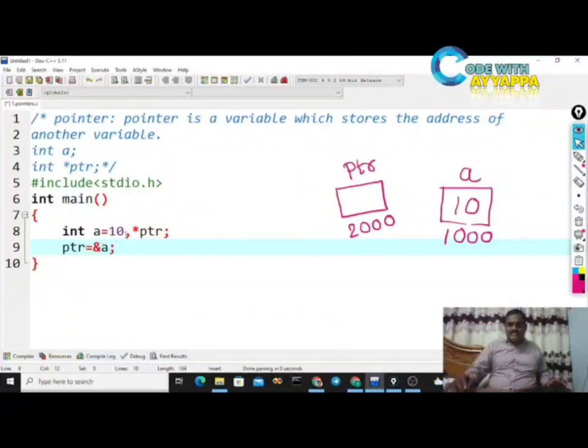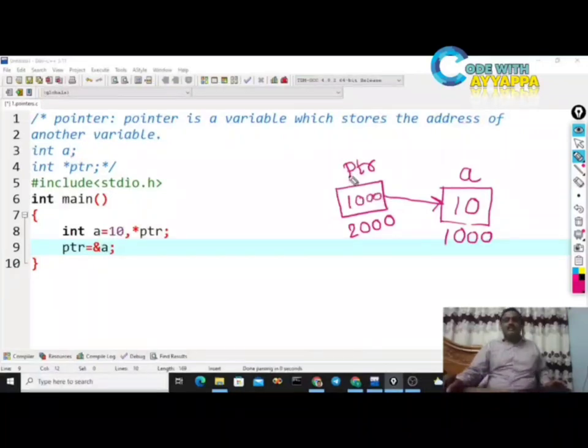Now look at this diagram. What is the address of a? The address of a is 1000. That is nothing but 1000 will be stored in ptr. So this is going to point to this memory location. With the help of this ptr, I can access this memory location a.